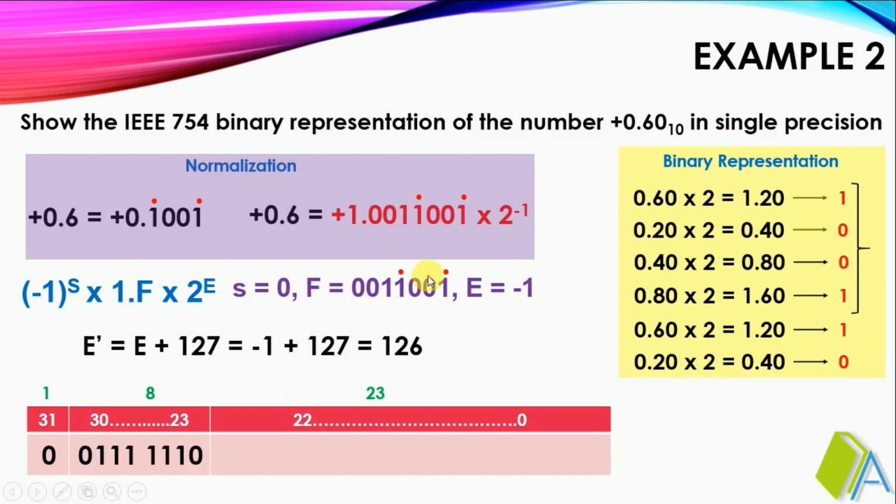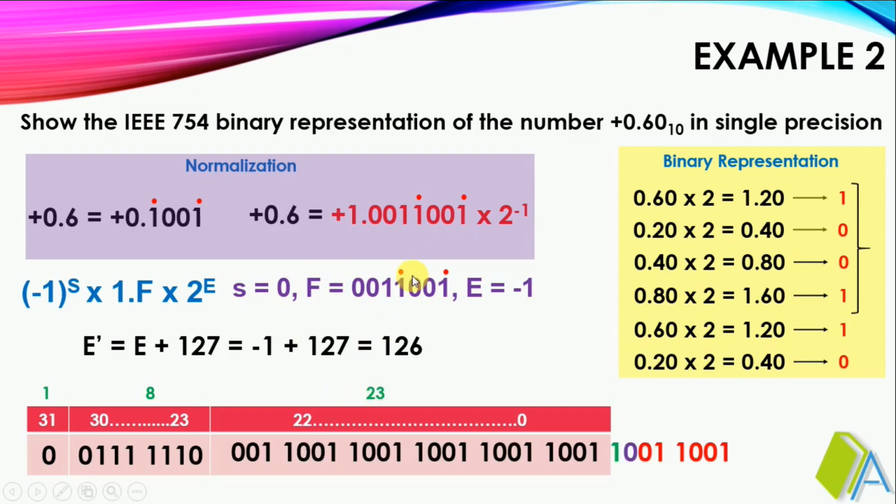Here are the fractional bits. The fractional bits to be entered are 23, but since my 1001 is getting repeated, we can't accommodate the entire bits inside this fractional field. It keeps on going 10101 like that, but we can accommodate only 23 bits. So we are going to do rounding by considering the guard bit, round bit as well as sticky bits.